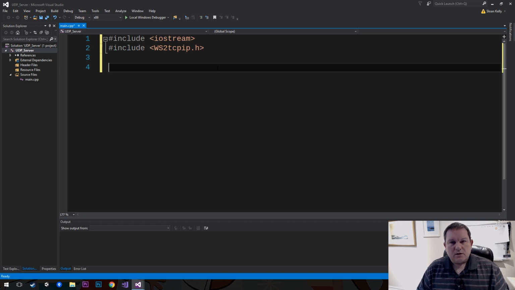If you are using Code::Blocks or what's the other popular one, there's a Wacom C++ one, the pragma thing won't work for you. You will have to include this library elsewhere,